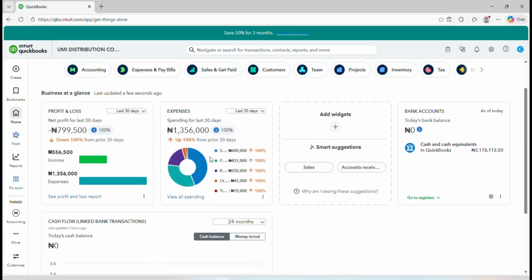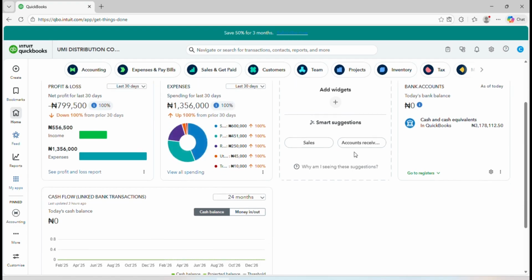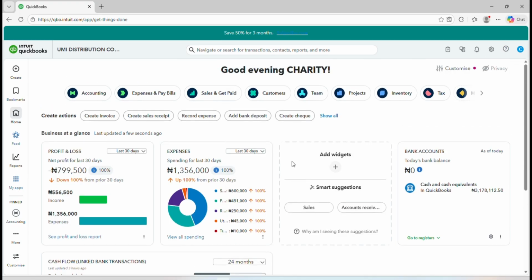So we want to now record another payment, and the payment we want to record this time around are bills that we have entered. Remember the same way I told us about the invoice and the sales receipt, that you only use an invoice when you are making sales on credit. When you are receiving payment against that invoice, you use what is called receive payment. The same way when you are paying a bill,